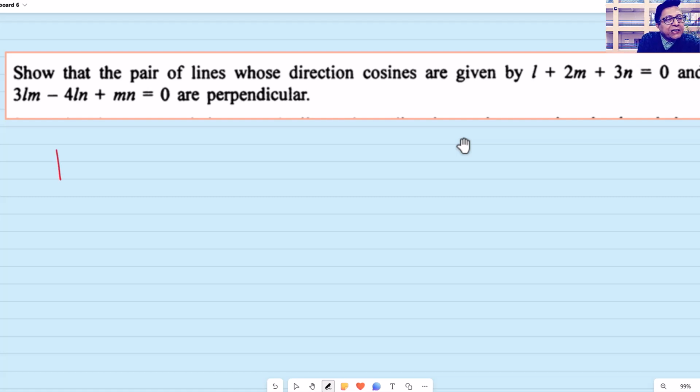Just to find the angle, they are perpendicular. Two lines and two conditions. Is it enough? Yes, because an additional condition is there, that the sum of the squares of the direction cosines equals 1. That we know. Okay? So let me go by this method, eliminating